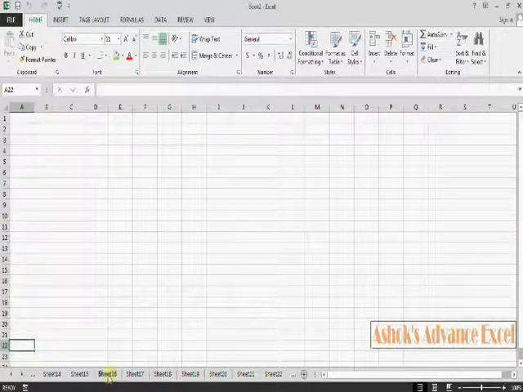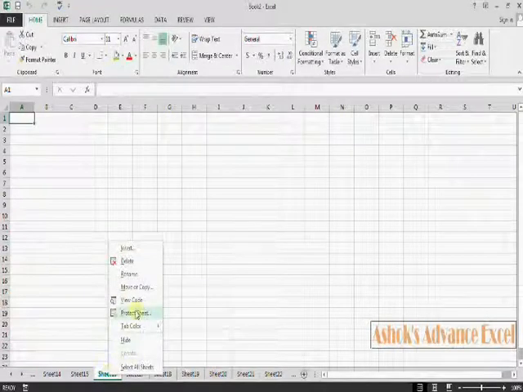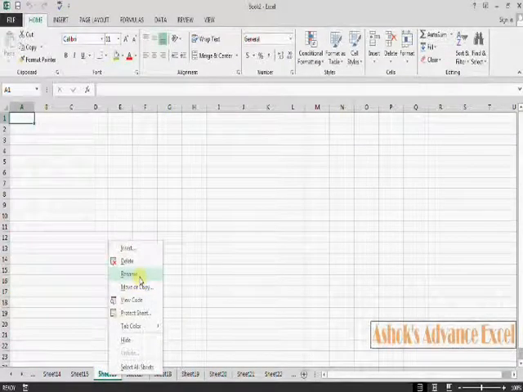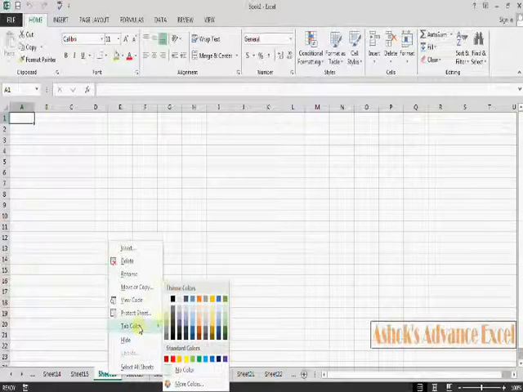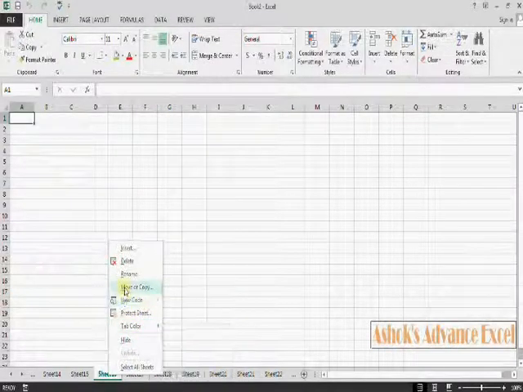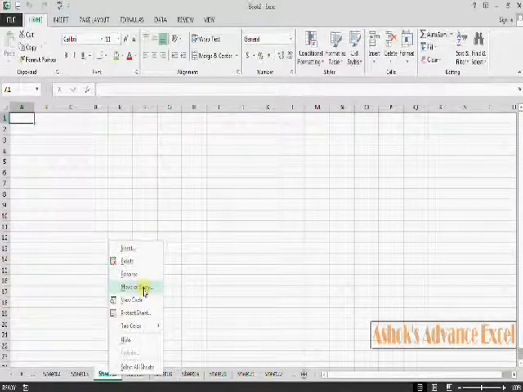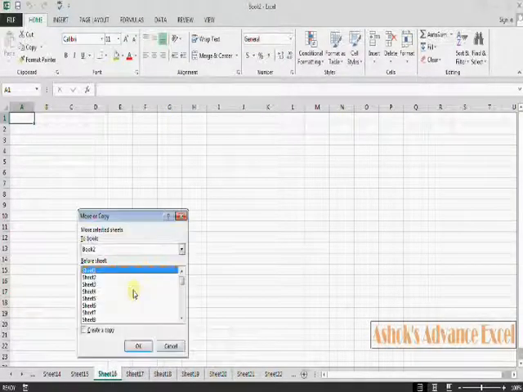Right click on any sheet name. We can give a name to any sheet, we can change its tab color, or we can move this sheet anywhere in the workbook.